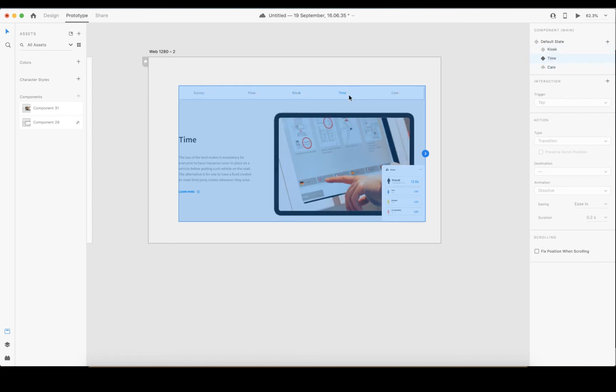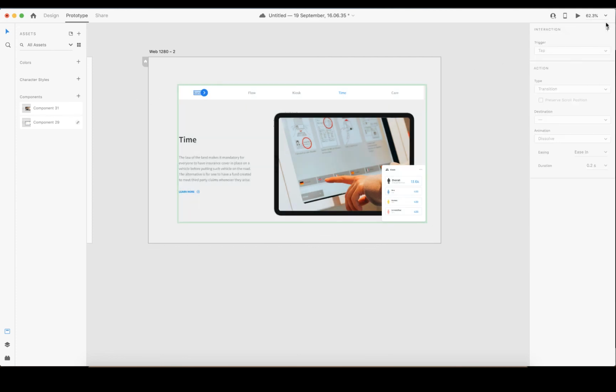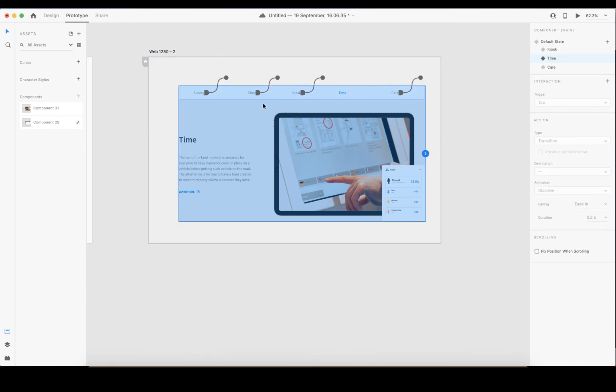For time now, we have to do the same thing. Since we're on time now, click on survey, add interaction, goes back to default. Flow, add interaction, destination, flow. Kiosk, add interaction, kiosk. Time is already default, so no need for it. So move to care, add interaction, care. Click everything together again, click away and click everything together again.